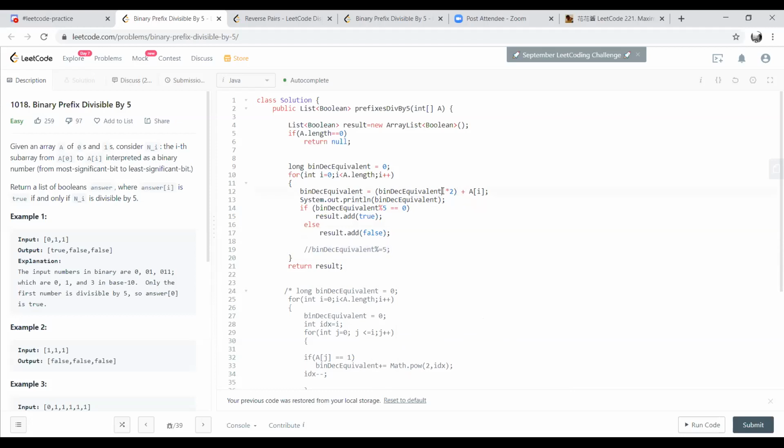Should I split this up and take this modulo? Dippy, does it work if you uncomment line number 19? Does the code work? Yeah, it works if I uncomment this.